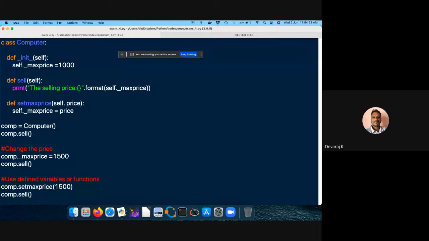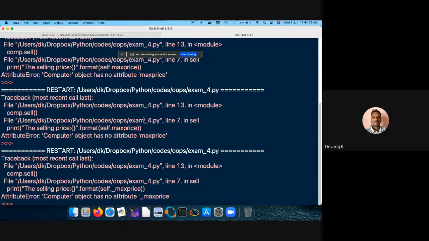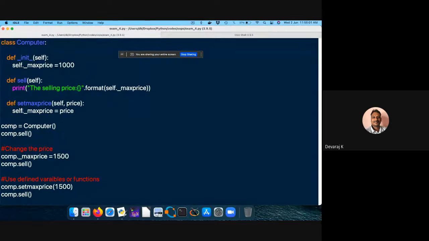So why is the code having some issue? Line 13 and line 7. What is the thing? Two codes didn't run. What is the problem? I don't know. Syntax, everything is fine.